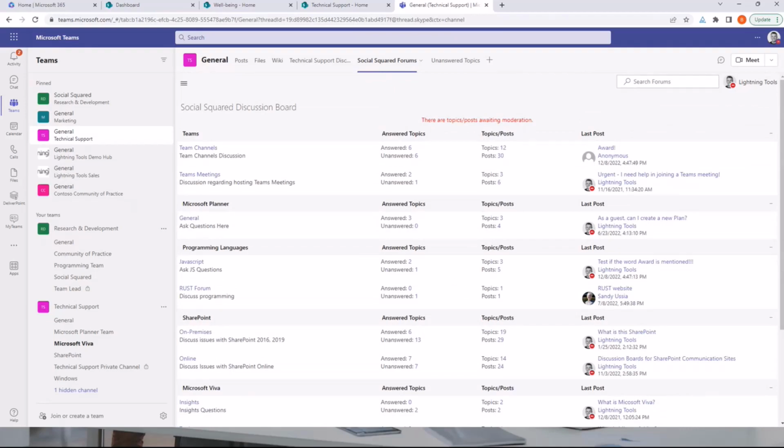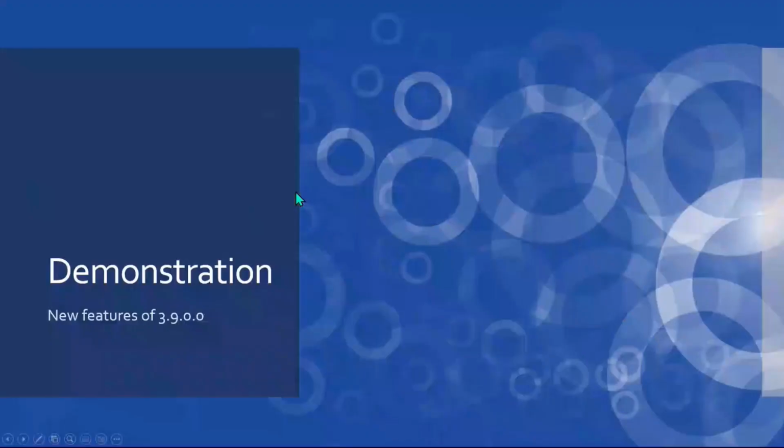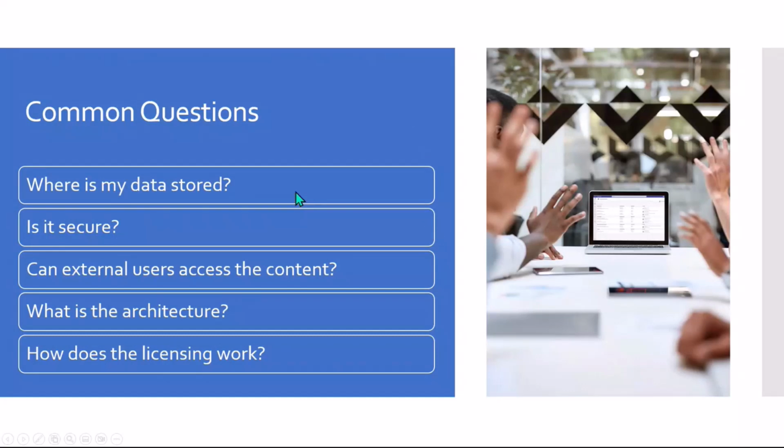All right, so that was the demonstration of the new features. I'm going to put some questions out there myself. I know there's been one or two questions that have been asked already in the chat window, which I may or may not answer here, but I will come to your questions as well in just a moment. First of all,